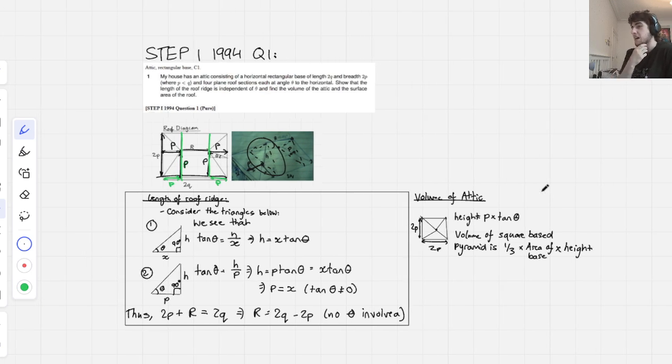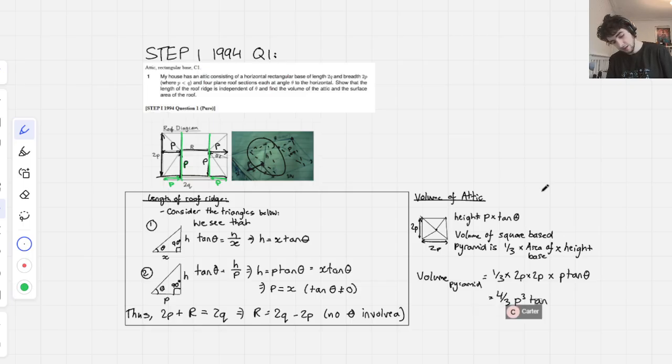Okay, so from that, we basically have everything we need, right? Because we know the volume of the pyramid that's formed is just going to be a third times the area of the base, which we know is just 2p times 2p, or 2p squared, times the height, which we know is p tan theta, right? So when we combine all these terms together, we're going to see that we get 4/3 p cubed tan theta